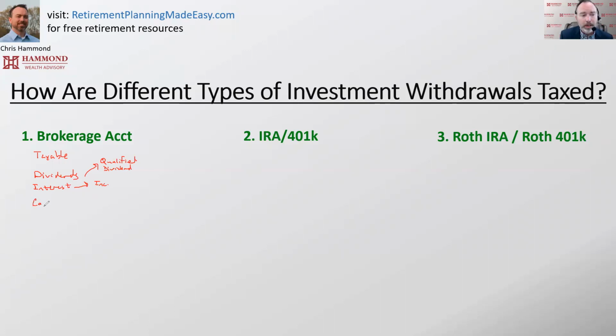And so you would then get a 1099 that shows capital gain on that. And if that capital gain is a short-term capital gain, then it's going to count as just regular income to be taxed as income tax. And if it's a long-term one, it gets the more preferential capital gains rate. That's a much better rate to be at that saves you money.